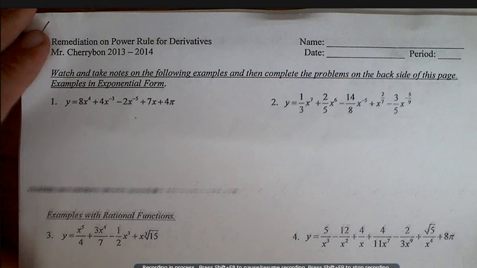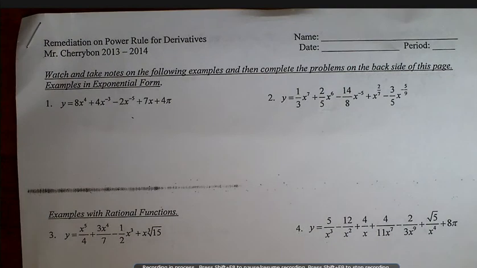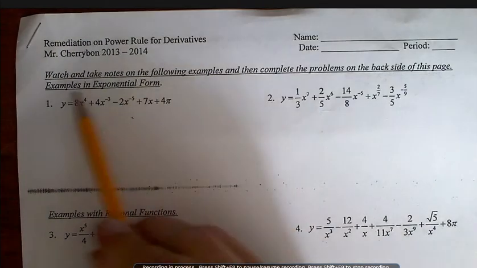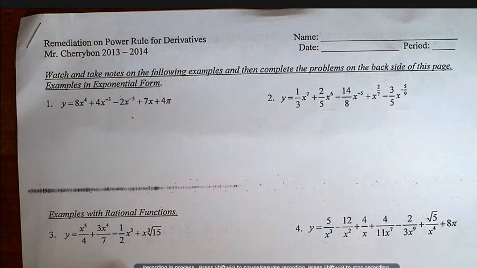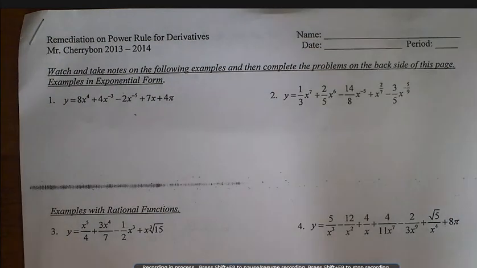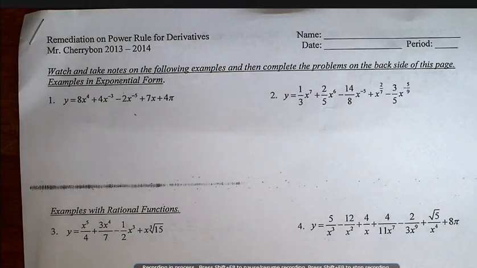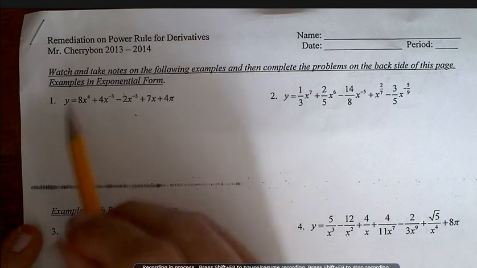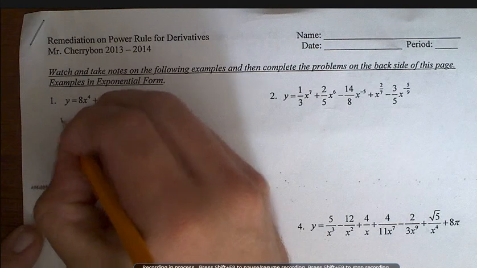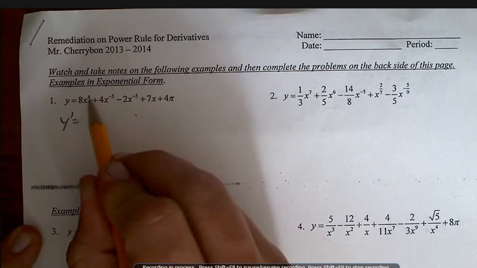So we have three sets of problems here, 2 examples each. First example we're going to do is find a derivative in exponential form. So exponential form, again, means no radicals, and x is never in the denominator of a fraction. So to take the derivative using the power rule, what we do is we multiply the exponent times the coefficient, 4 times 8,